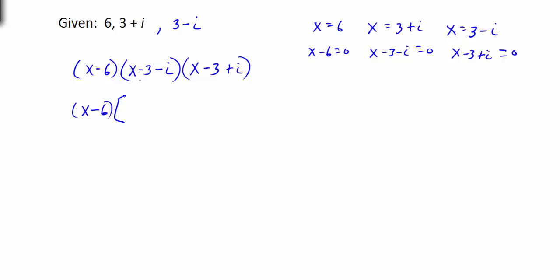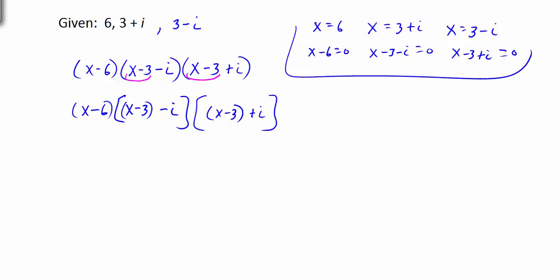And if you look at this, we have x, and then I'm going to write this as x minus 3 minus I. And then here we have also an x minus 3 plus I. So if you look here, I'm grouping the x minus 3 together. So here we have your x minus 3 and x minus 3. Now think of that as one term. For an example, if we had